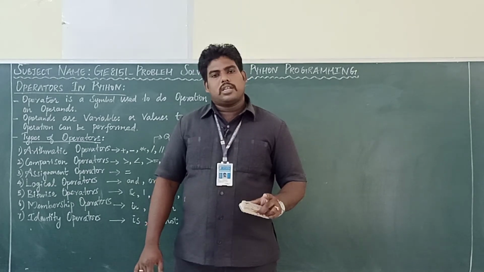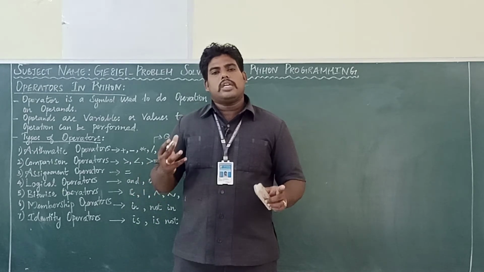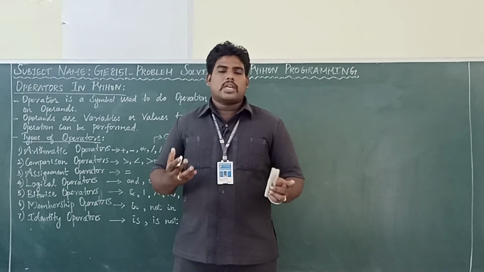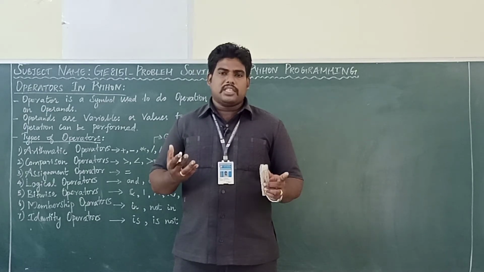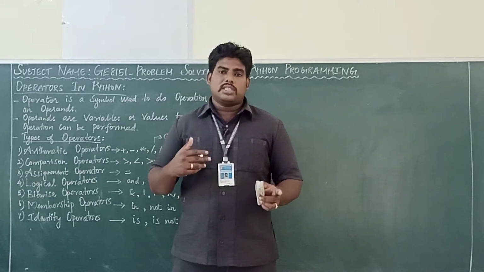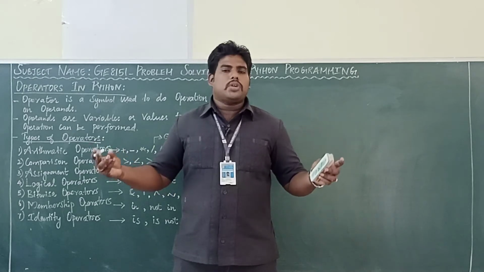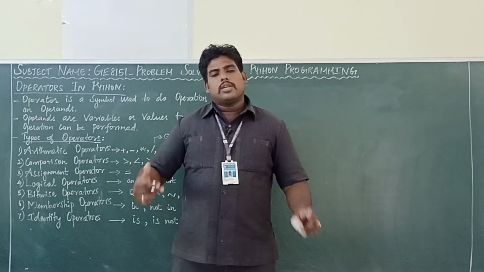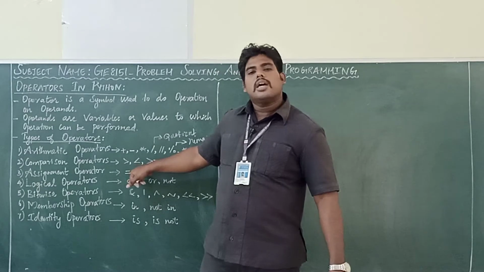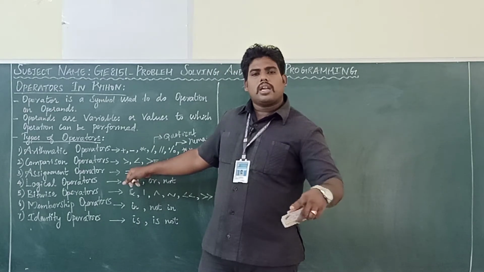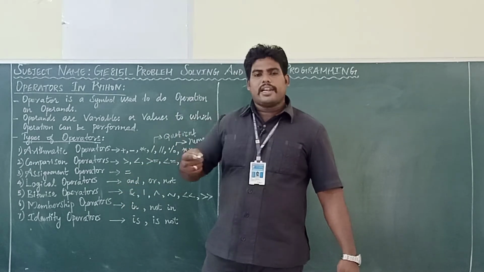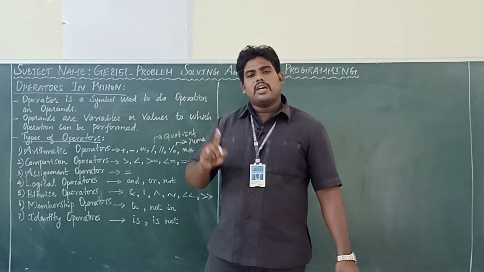Now, what is this logical? Logical operators are used to check conditions, whether both conditions are true or false, or whether any one of the conditions is true or false. If you want to check more than one condition, we go for the logical operator. If there is only one condition, there is no need; we can directly use a relational operator, like A greater than B or A equal to B. One condition is enough. If you want to check more than one condition, we need a logical operator.